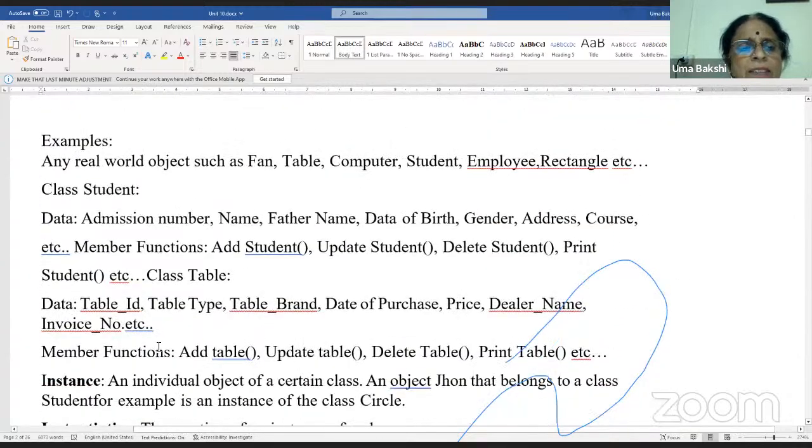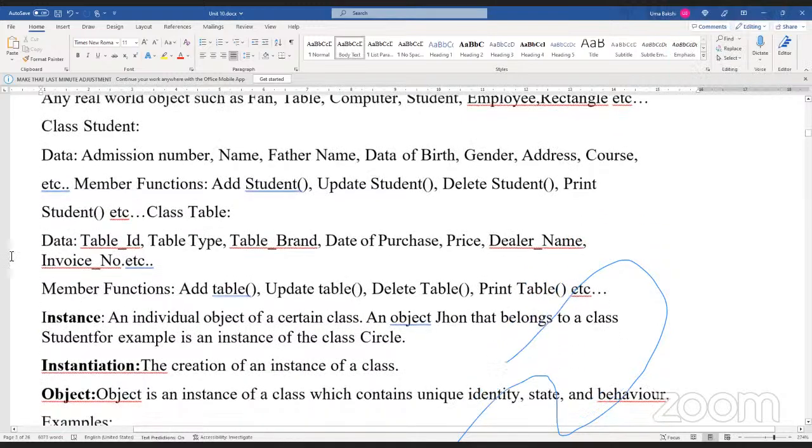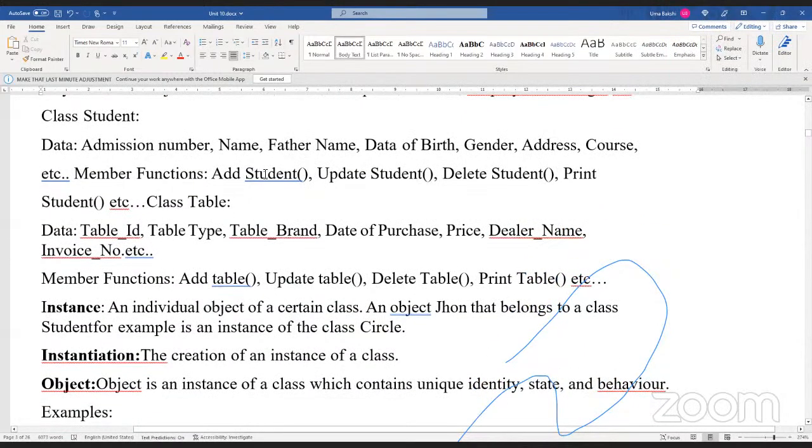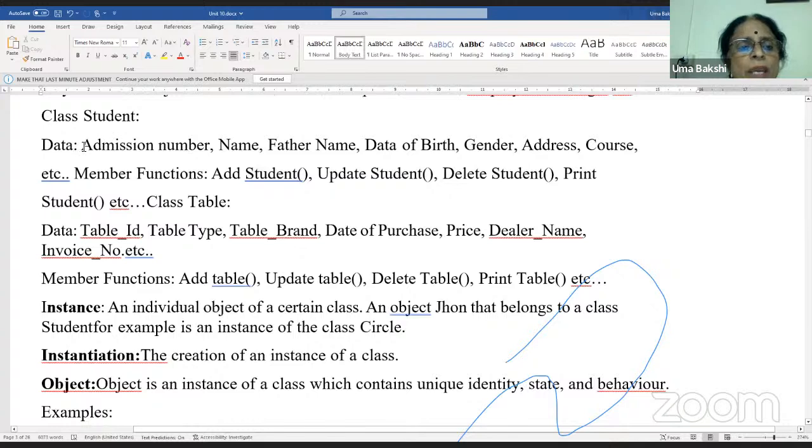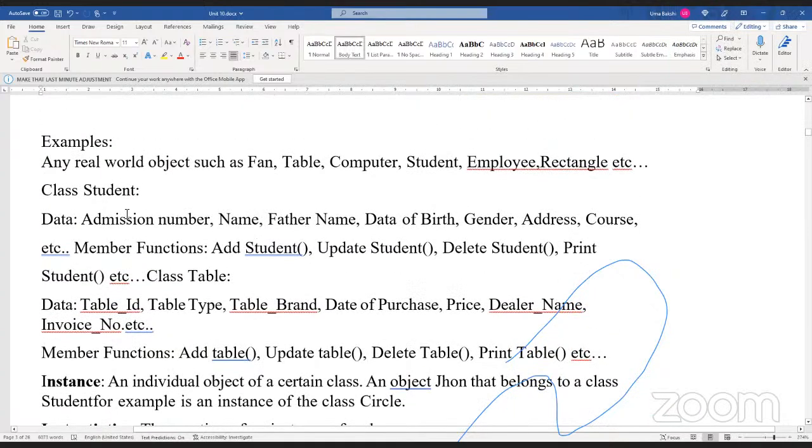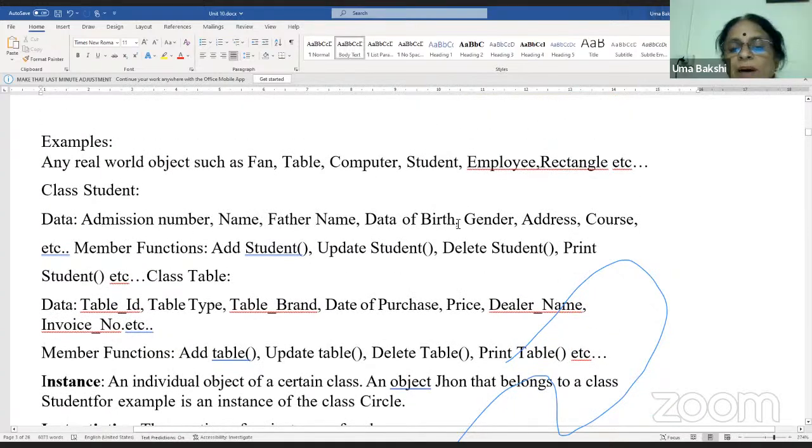So here, this is the object data. Student, add student member function. Class student data: admission number, name, father name, date of birth, gender, address, course. These are all the data. Now member functions. What are the functions? I can add student or update student, student information I can update, delete student. Some students drop out, so I can delete students, I can print the students,